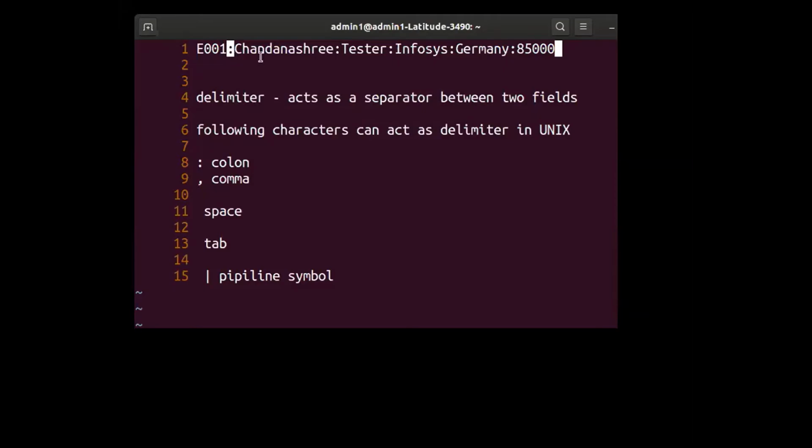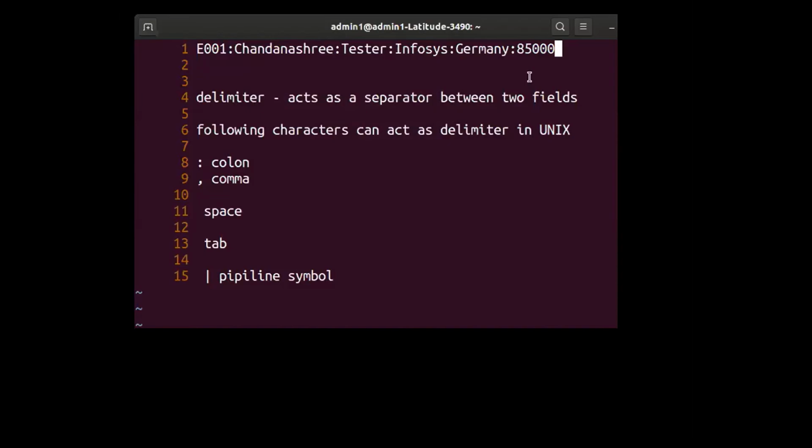It's a good practice to ensure that the colon is the same between all the fields. Chandanashri is the name of an employee and the designation is tester, so again the colon acts as a delimiter between Chandanashri and tester. Between tester and Infosys, colon is there. Between Infosys and Germany, again you have a delimiter, and between Germany and 85,000 you have a delimiter.